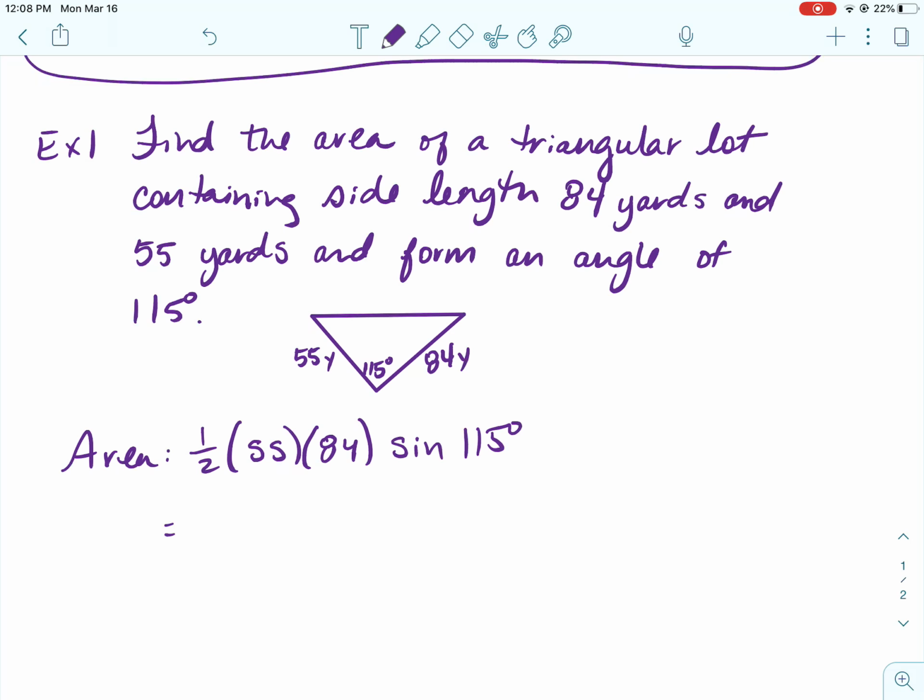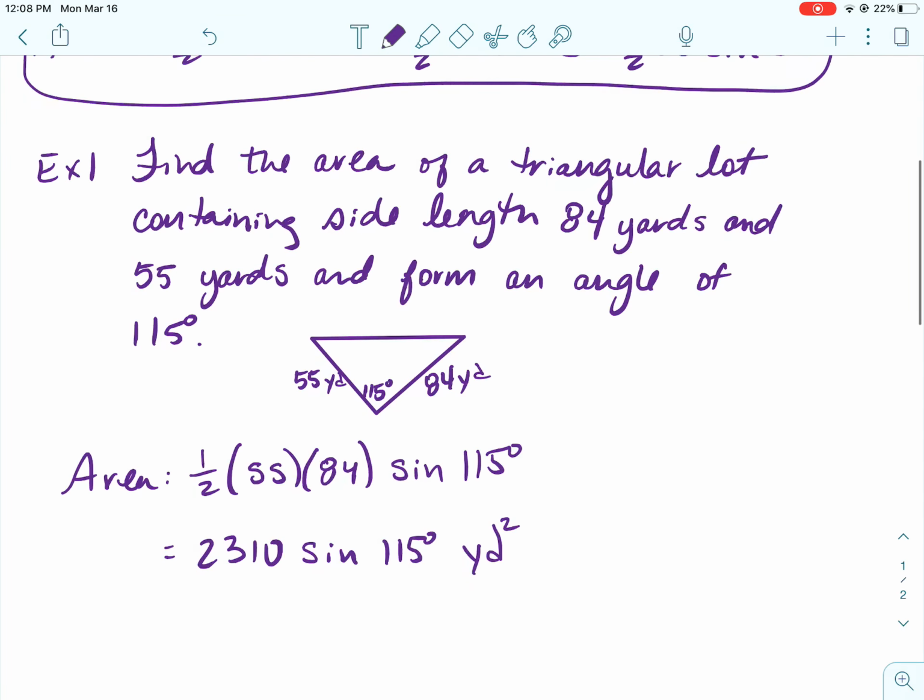So on the challenge exam, it will either just be left like that, or it's possible that you can use your little calculator to multiply 1/2 times 55 times 84 and get 2,310 and just leave it like this. And then it would be square yards. And that's it. That's the new formula for today. So you might have to draw a diagram. It might be drawn for you, but